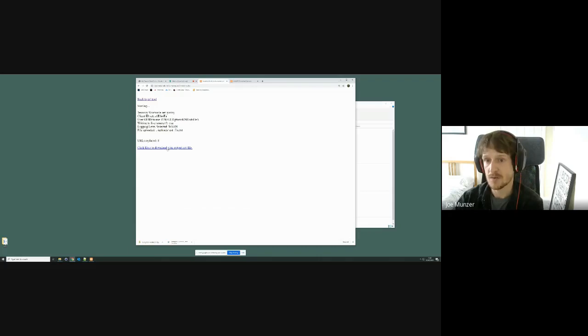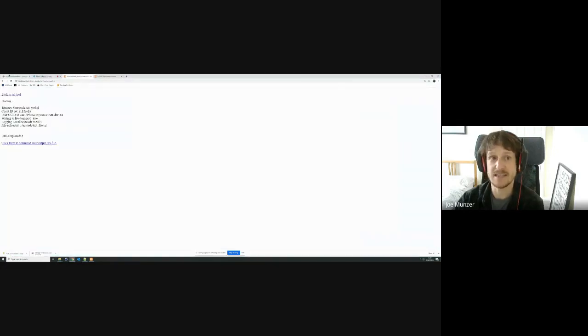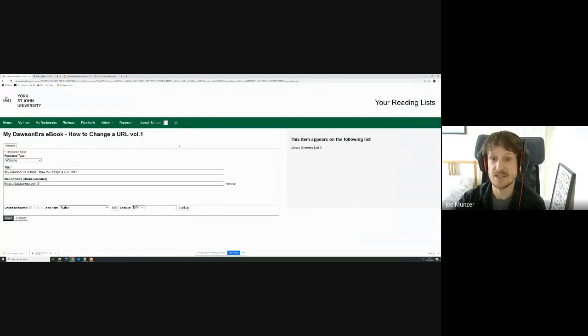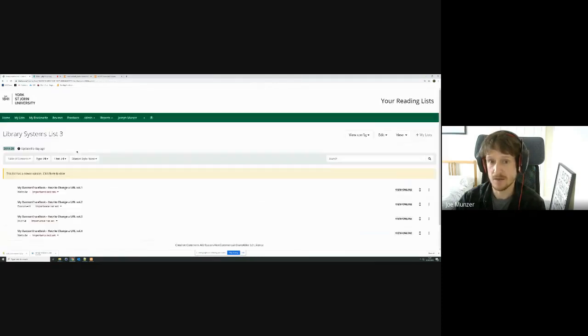And this is the file that we uploaded. So we can click here to download our output CSV, but what I want to do first of all is actually go over to my tenancy and see has it made the changes. If I just refresh this, and there you go, you can see that's now changed from Dawson error to VLE Books 3. If I come back to my library systems list here as well,